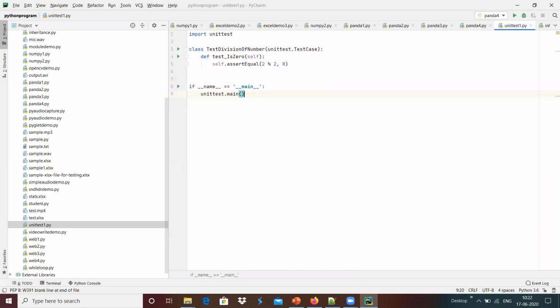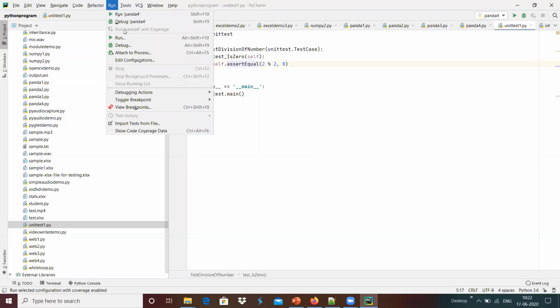Yes. Now we will see, I'm going to run this test case, test_is_0. Maybe we will see how it behaves.